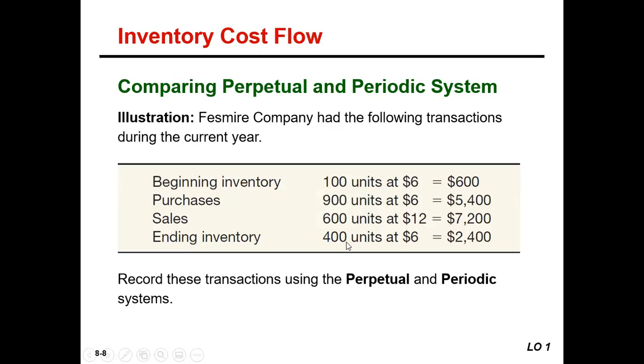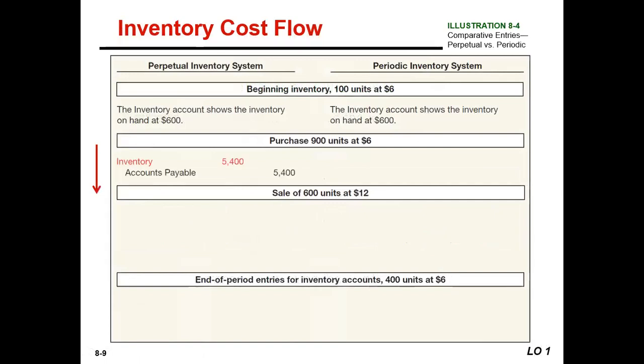We've got 400 left, right? Ending inventory, 400 units at $6 each. Record these transactions using the perpetual and periodic inventory systems. For both systems, beginning inventory is 100 units at $6 each. So in our inventory account, we would have a debit balance of $600 on both sides, right? The difference comes in with the way they're recorded and the name of the accounts,